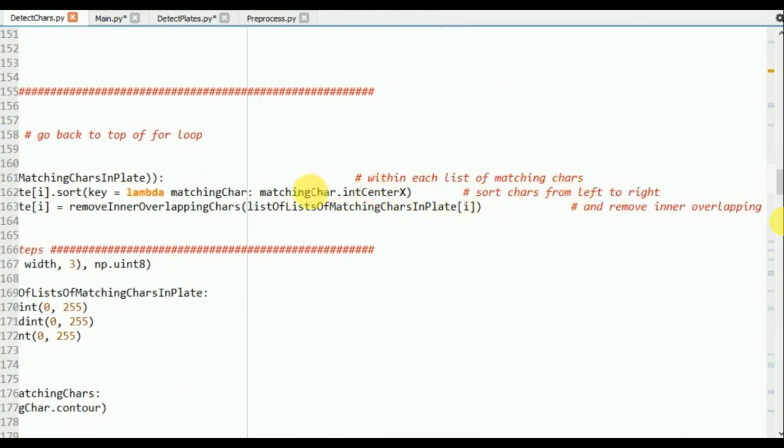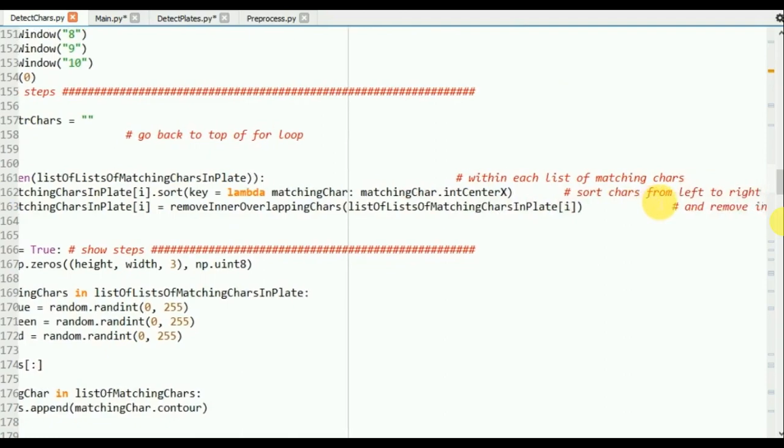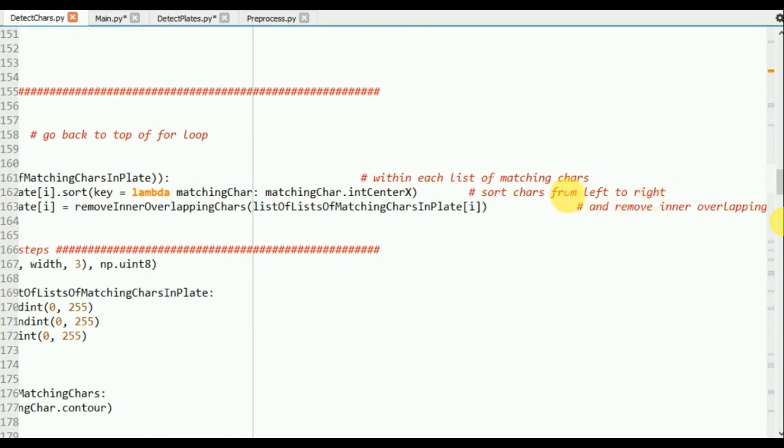So within list of matching characters in plate i, we are sorting each group of matching characters from left to right. We use the sort function and sort based on left to right.